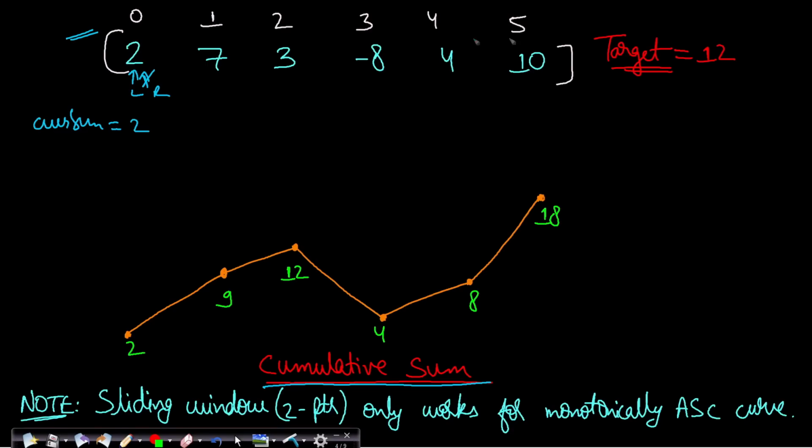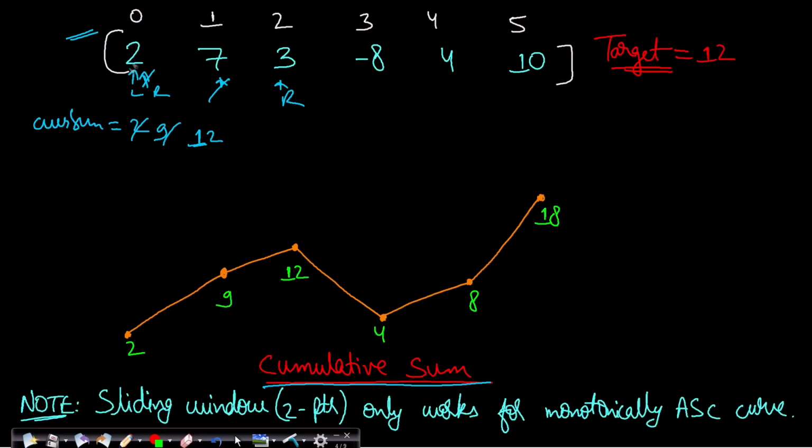But it is still less than the target, so I'll keep moving the right pointer. I'll add 7 to it and this becomes 9. Now I will add 3 to it and this becomes 12. Now you see that your value here is actually exceeding the target value, so yes, your right pointer will stop